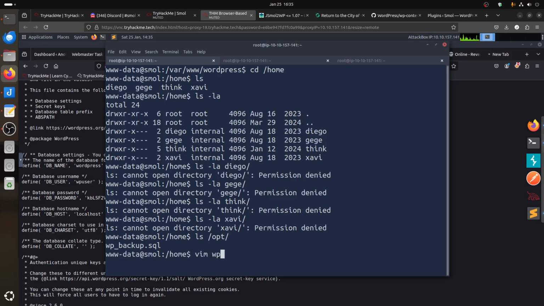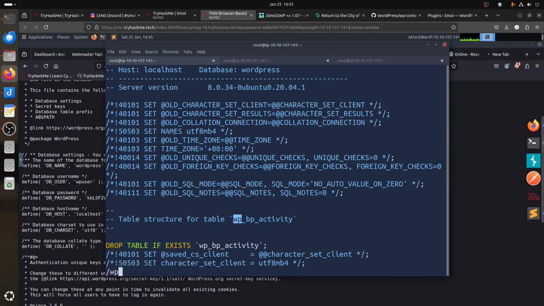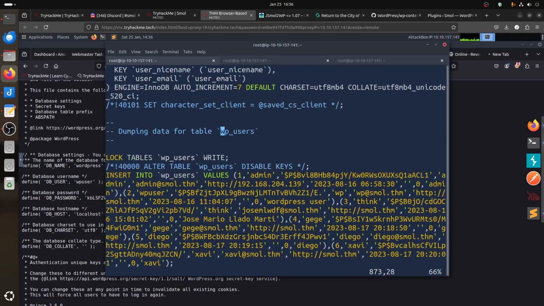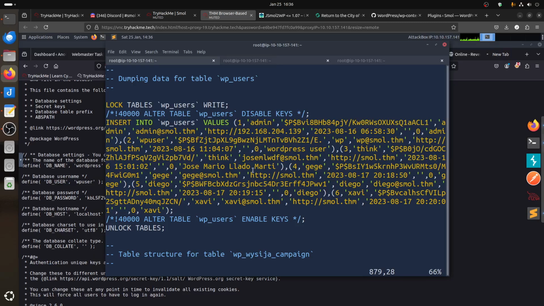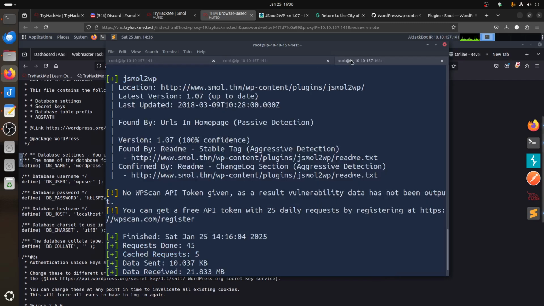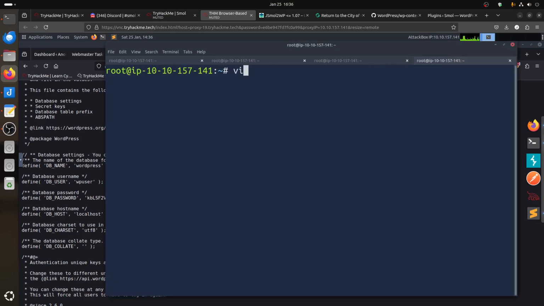So what is that? Let's see if I go wp, no, vim opt wp backup. I'm more interested in the database table. If I search for it, WordPress will be in the users. So this is the table of users. Look for the next one, and this is the table. And then we have this stuff. Let's copy it. The backup should be the same as live, so we can go. Oh, what is this? So if you vim, let's call it